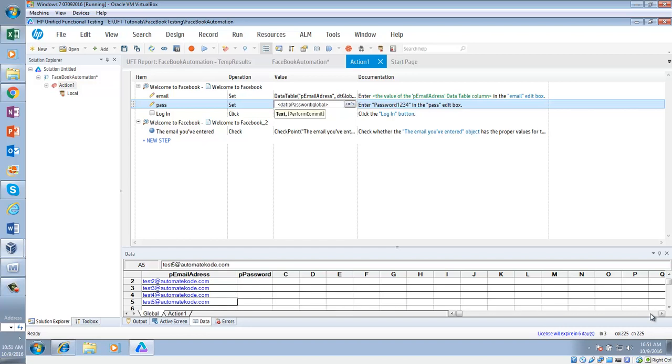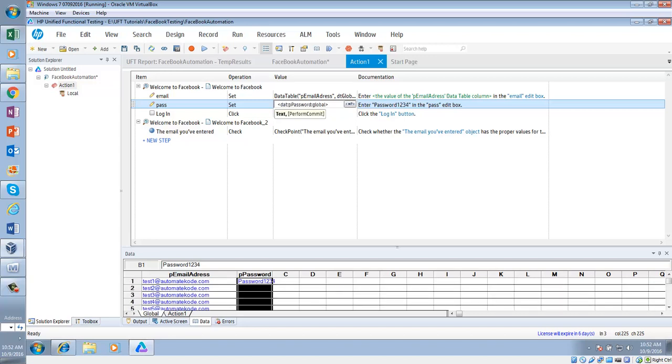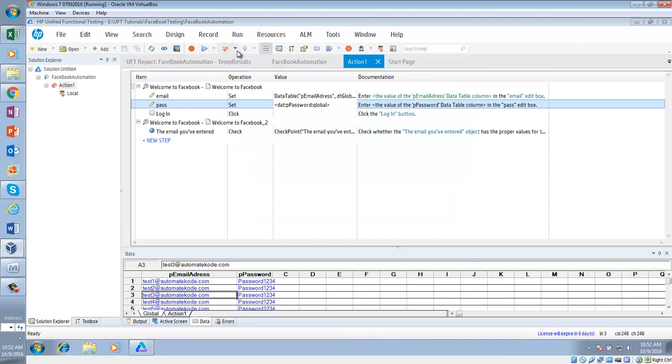Now if you come up, can you see this password 1234? So these are the passwords. Now I want to check for these 5 IDs. I want to check the parameterization for these 5 IDs. Now if I close this browser, let's go back to the